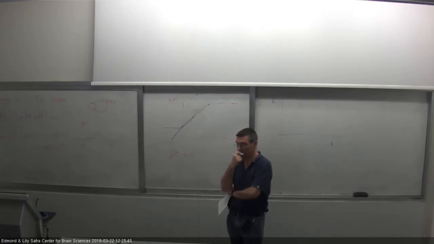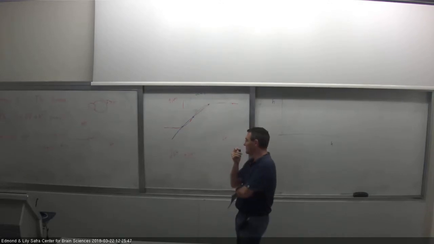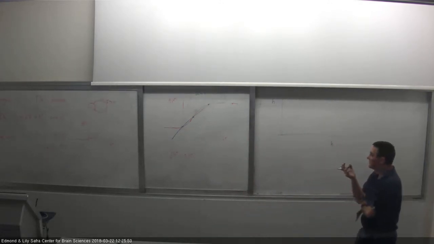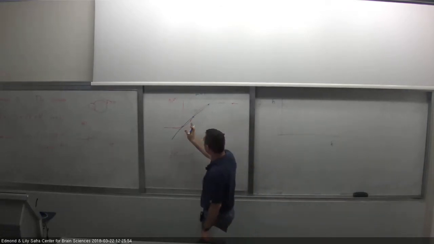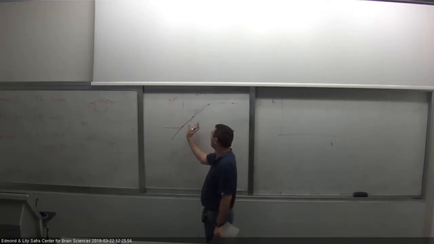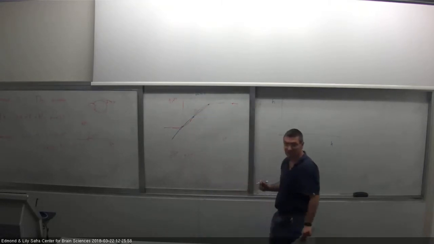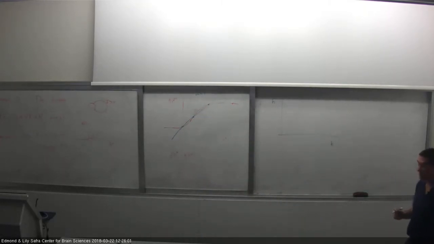Well, it is a 1D system, and in fact, what we will do is subtract the g function from the identity line,